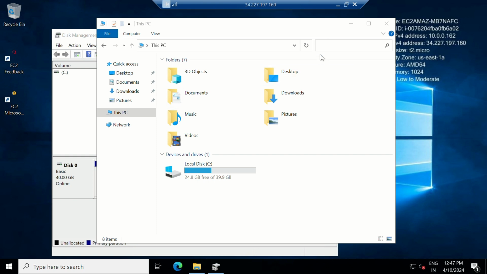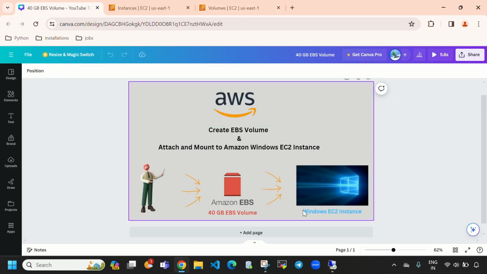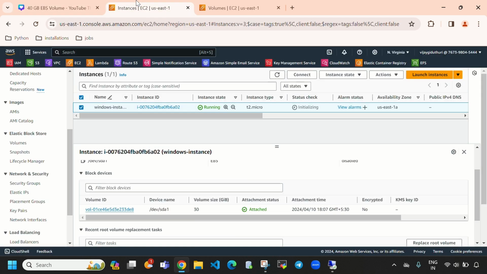So now let's do one thing, guys. Let's create an EBS volume, and I will show you in a diagram. Same like this. Let's create an EBS volume with 40 GB or 50 GB. It may be anything. Let's create an EBS volume and attach the EBS volume to our Windows EC2 instance, and let's mount the EBS volume to our Windows EC2 instance. So to do that, directly come here